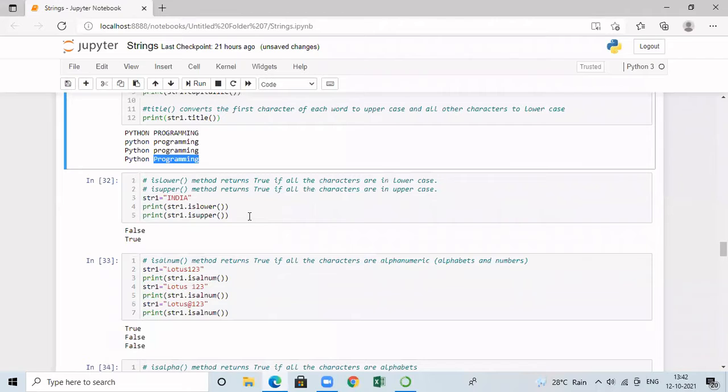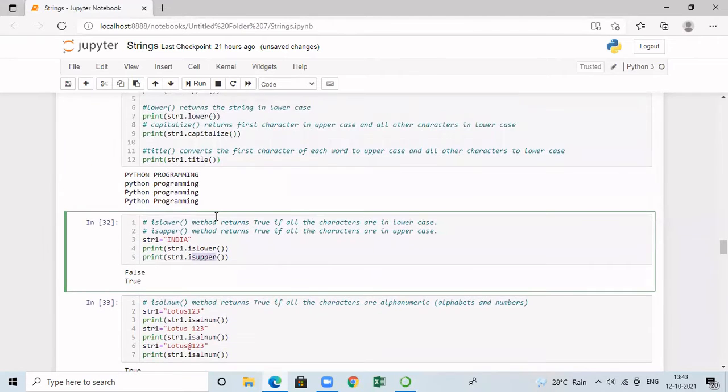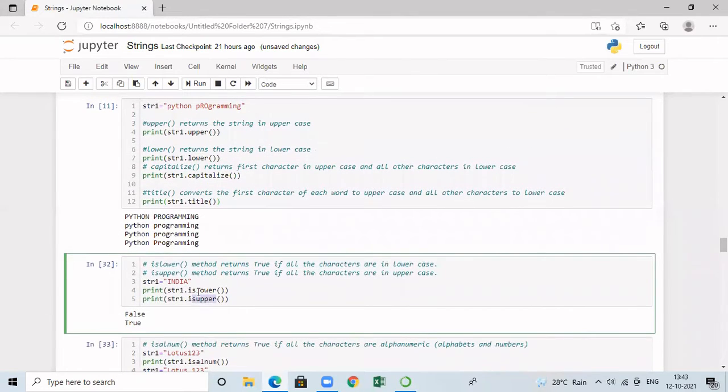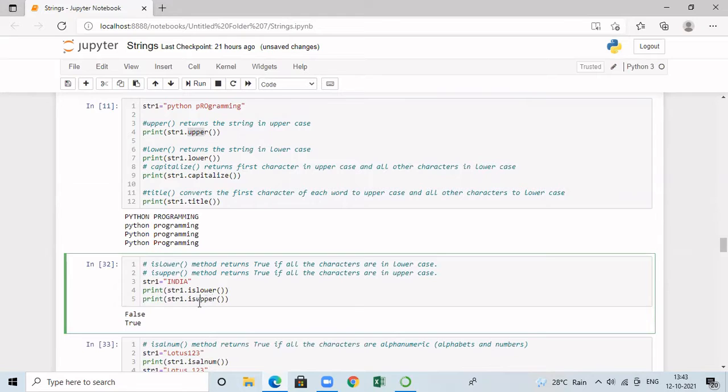Now, we have other important methods to check whether a particular string contains all the characters as lowercase or all as uppercase. The methods are isLower and isUpper. Try to understand the difference between upper and isUpper. Upper is a method which is going to convert the string into uppercase, but isUpper is going to find whether a string contains all the letters as uppercase letters or not.